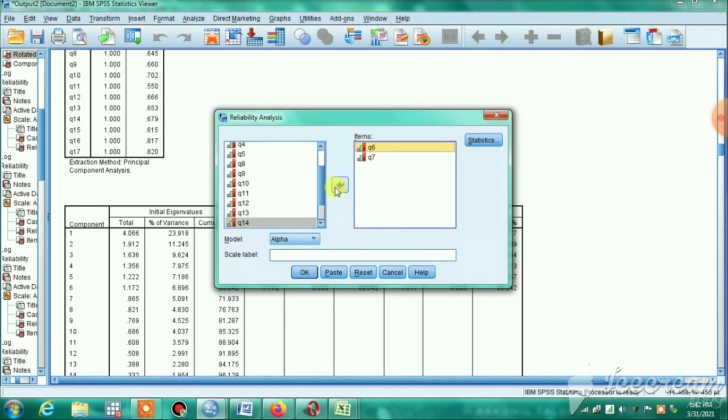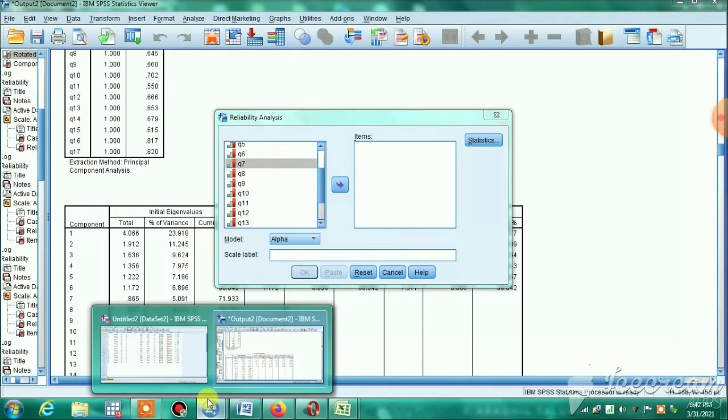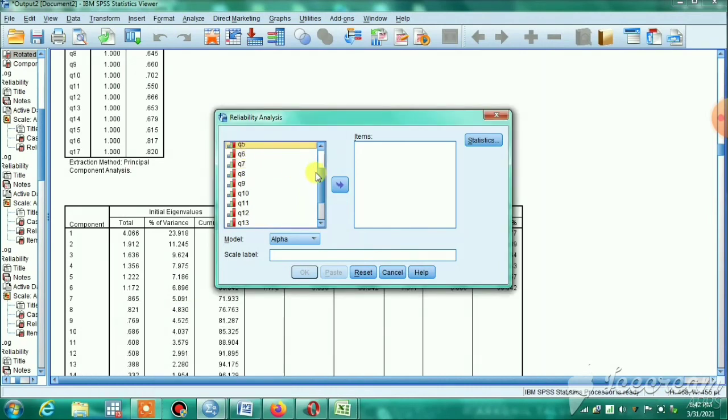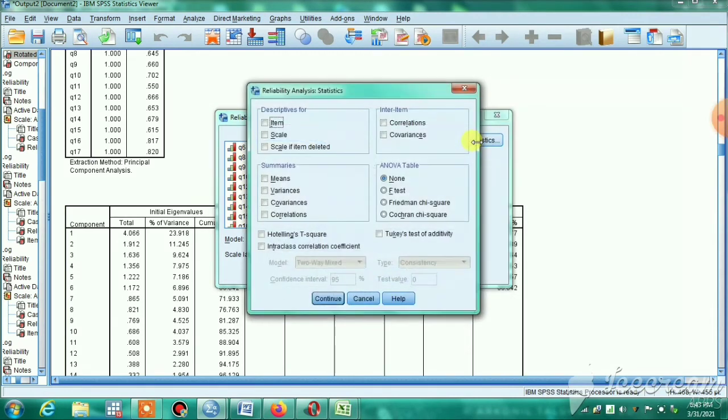So we are taking 3, 4, 5, 7, 11 as the items, and we are choosing scale if item is deleted.